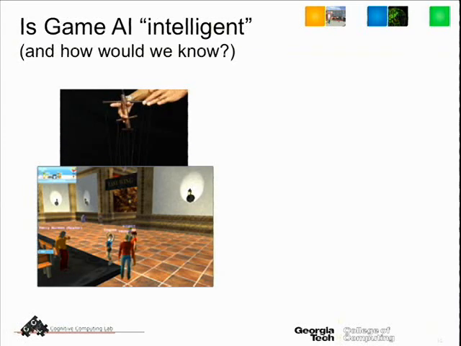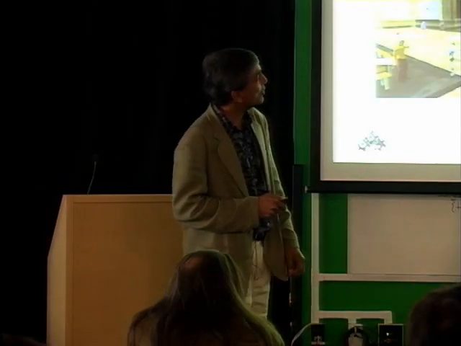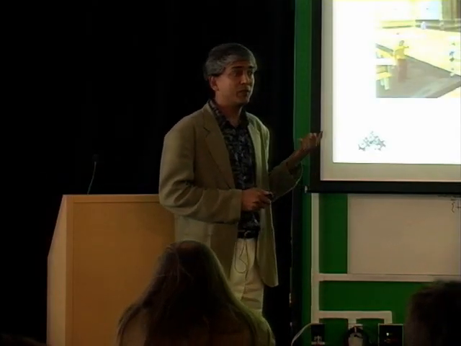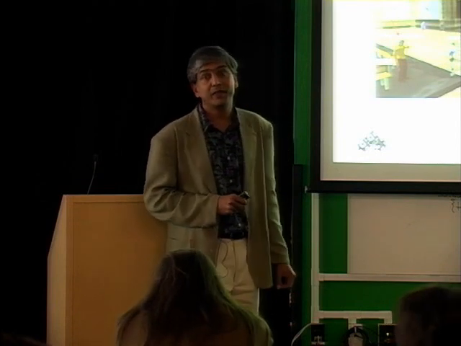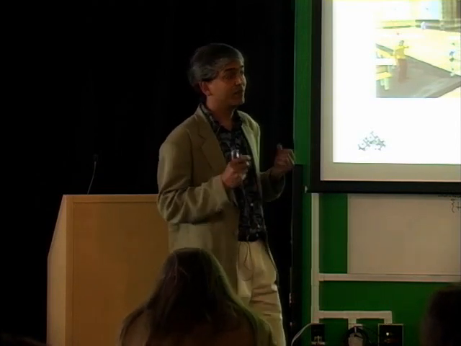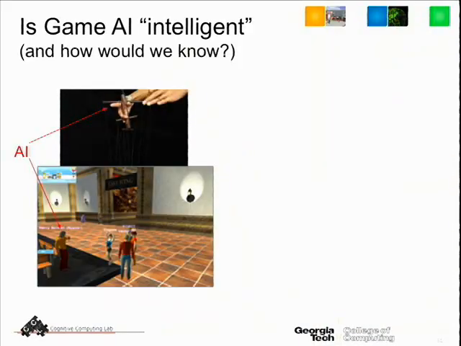Well, if we had one of these things, and let's say one of these characters was controlled by an AI, how would we know? How would we tell? In fact, what happens if you have intelligent drama management and the whole world is controlled by an AI? The world is sort of changing itself based on your experience in the world. How would we know and how would we tell?